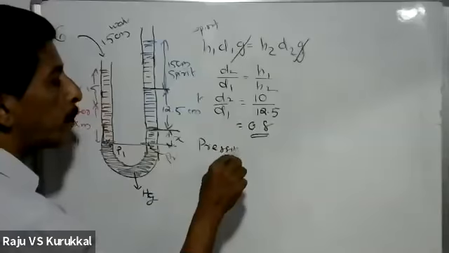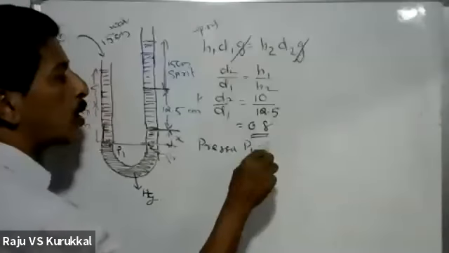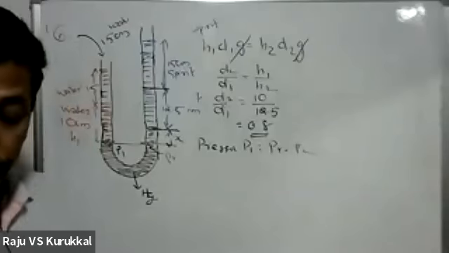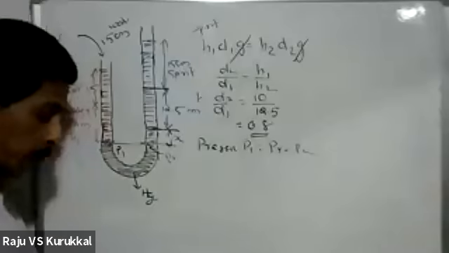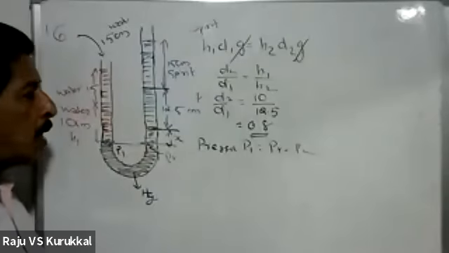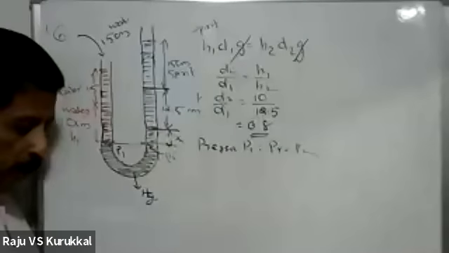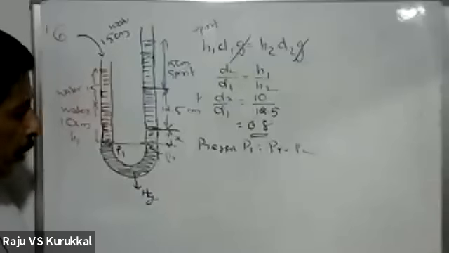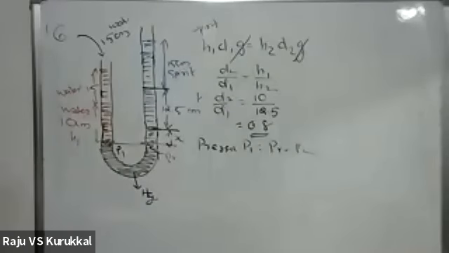പ്രഷർ P1 is equal to pressure P2. Then pressure of mercury in the left limb. എങ്ങനെ കാണാൻ പറ്റും? ലെഫ്റ്റ് ലിംബിലെ പ്രഷർ എങ്ങനെ കാണാൻ പറ്റും? ഈ ഹൈറ്റ് എത്ര പറഞ്ഞിരിക്കുന്നത്? ഹൈറ്റ് h പറഞ്ഞിട്ടുണ്ട്. പിന്നെ